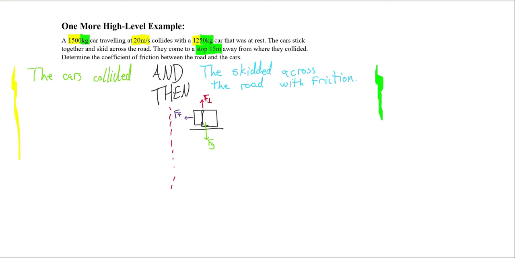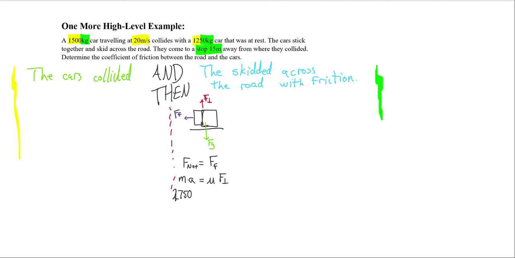Now if I looked at this, I'd say, okay, well, I know my net force will be just my friction, because in this case there are no other forces. They collided. They're not going to be stomping on the gas in this case, so they're colliding and friction is slowing them down. I would just have to take my mass multiplied by my acceleration. That's my formula for net force, and that would equal my coefficient multiplied by my normal force. The mass is good because I know they're combined together. I get to add the two masses together. 1500 and 1250 is going to be